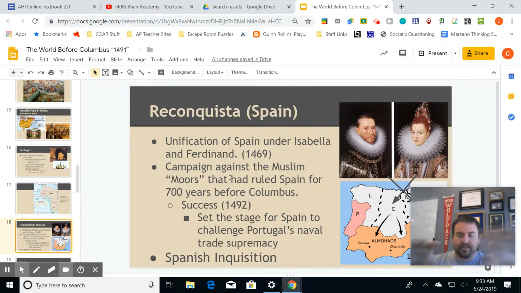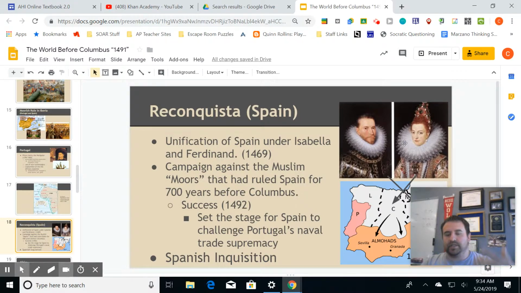So again, Spain is divided, but it's coming together. One of the big things that's happening here is the power couple. All right, Ferdinand and Isabella. They're unifying two parts of Spain, Castile and Aragon. Right, when they marry, they've pretty much put Spain back together. Now they're no longer divided. They have one army. They have one economy. They have one purpose. They have one religion. And they're going to be able to kind of use that force to push the Moors out.